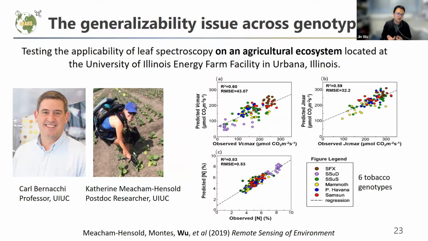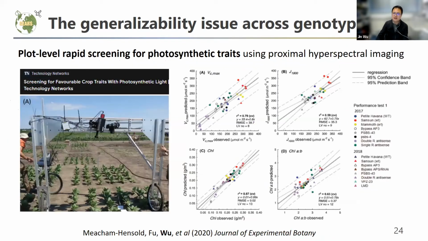But on the other hand, you can probably imagine it works, but it's really labor intensive, right? You need to have someone carry the sensor to the field so that you can get the information. So that's our next version. After proving the concept at the leaf level, we started to engineer other sensors, like a hyperspectral camera mounted on a mobile system. Then we can drive the car and immediately get the hyperspectral reflectance for each individual crop. And the result shown here is that we can also use this kind of system to quickly screen crop physiological traits as well.